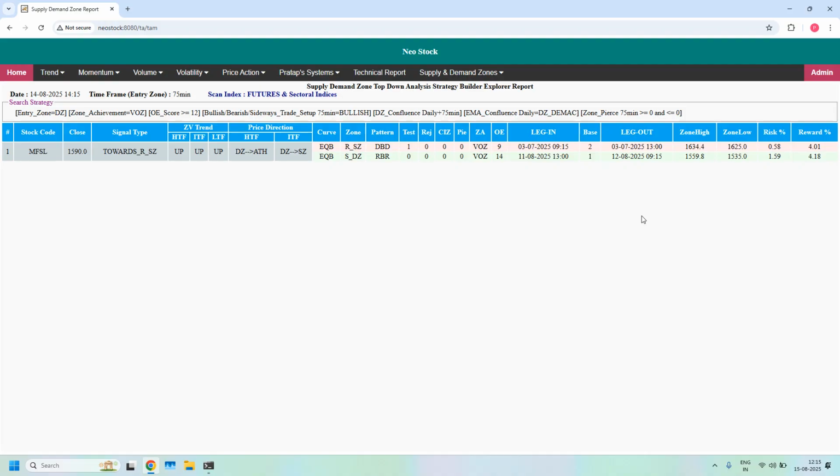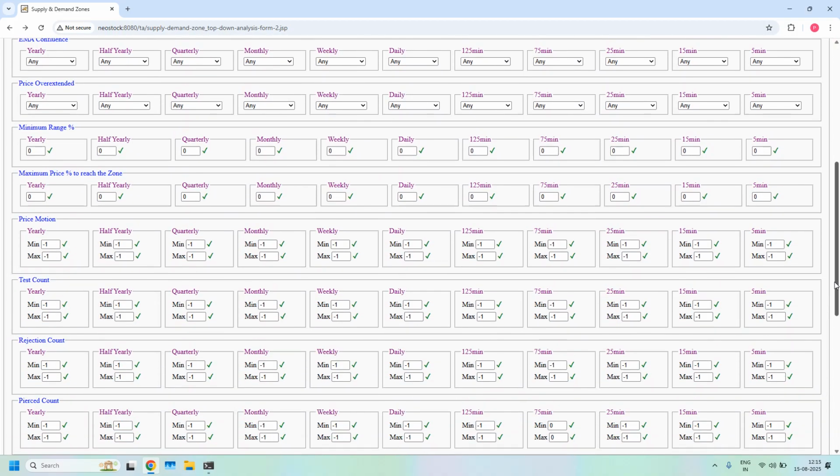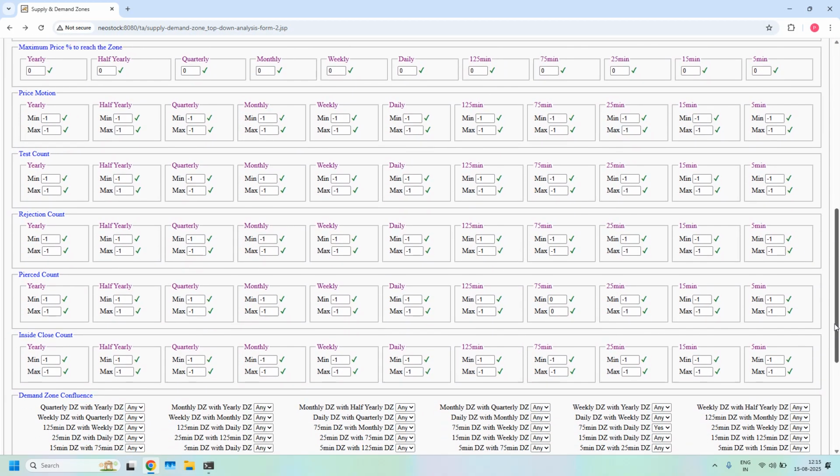Okay, next, let us filter based on LTF, ITF, HTF demand zone confluence and then HTF EMA confluence. I'm going back, removing ITF EMA filter. In the demand zone confluence, 3 filters we have to set. First one is already enabled. Next, 75 and weekly, daily and weekly demand zone confluence. With all the 3 filters,